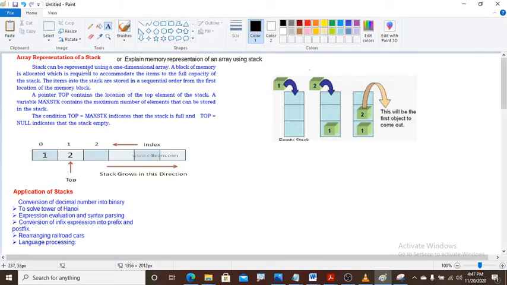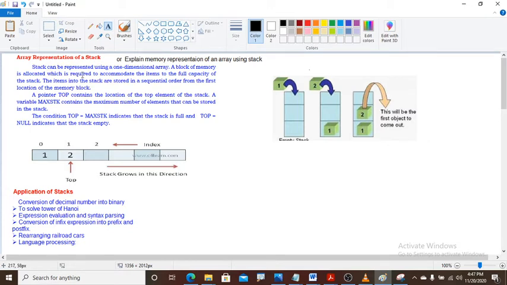See, you can easily answer this question by explaining it with the help of this diagram. This is a stack. In this stack, I am inserting one value. Whenever I insert one value, it will be placed here. Now again, if I place two, it will be placed here. If I want to remove one from this, it will be removed from this end only, the up end, not the down end.